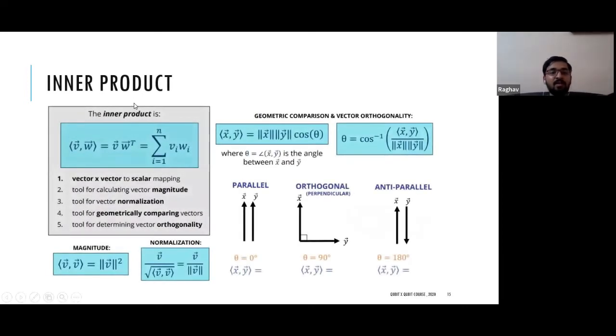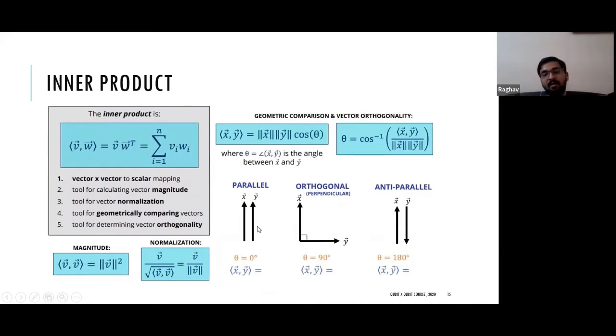So let us come to the inner product. Inner products are simply the dot products that we learned in our classical physics, or that we used in our high school days. But in matrix representation, we can write the inner product as this: V vector dot W vector transpose. So here is the value, and the magnitude will be the same. The magnitude is this, and this is the formula for inner product.